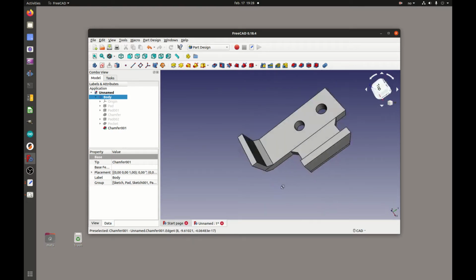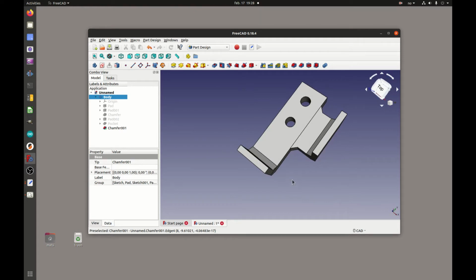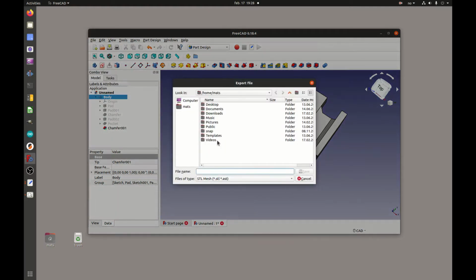It doesn't need to be like anything realistic, but let's export this file, and you'll want to save it as a step file. So we'll save it there,